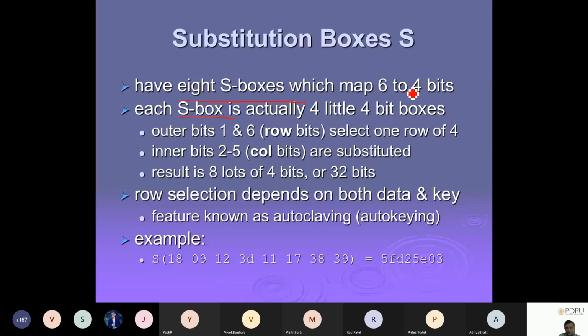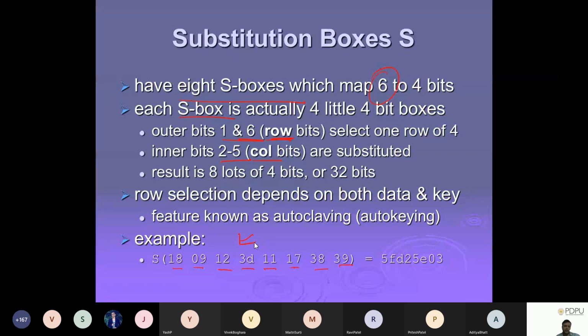And how are we going to use it? Actually, we have 6 bits, right? So the first and the sixth bits will select the row, and the remaining 2 to 5 bits will select the column, right? So let me take one example here. This is what they have given. You can see total 48 bits is there, right? That's where they are going to use it. Okay, now my question is, does this give me the 48 bits? This is a hexadecimal code. And all of you know that if we have one hex digit, how many bits do we require in binary?